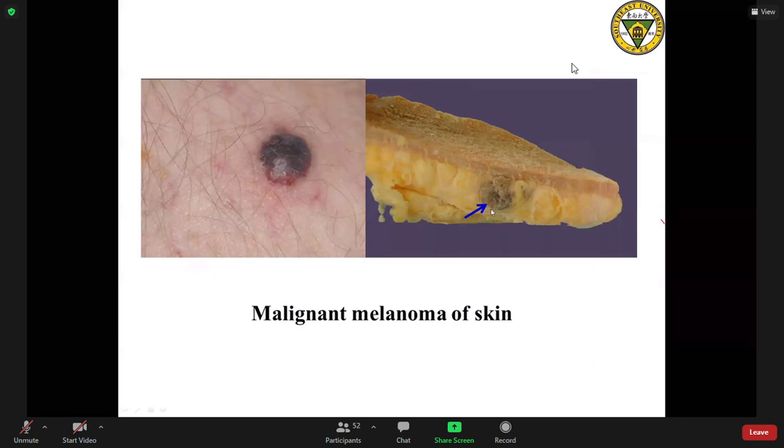So when I talk about the melanoma, we maybe know about the nevus. Yeah, in our bodies or on the surface of the skin, we often can see many nevi. Some may be small and some may be large, but it's different from the melanoma. Nevi have different types, but when the nevus is large,